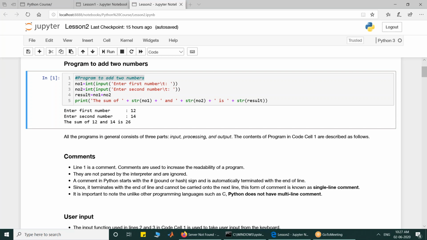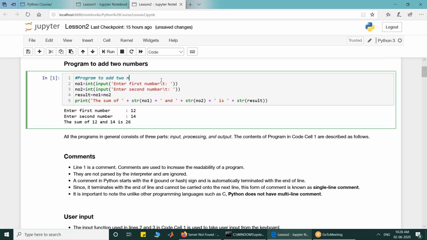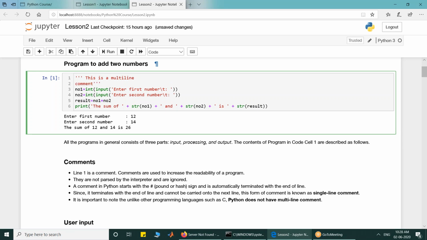So the line number one is a comment, and we have discussed yesterday that in Python only single line comment is available. That means the comment terminates with the end of the line. Unlike other languages, like C, in which multi-line comments are available, Python does not have any multi-line comment. So if some of you start writing a triple quoted string saying this is a multi-line comment, and if you execute it,